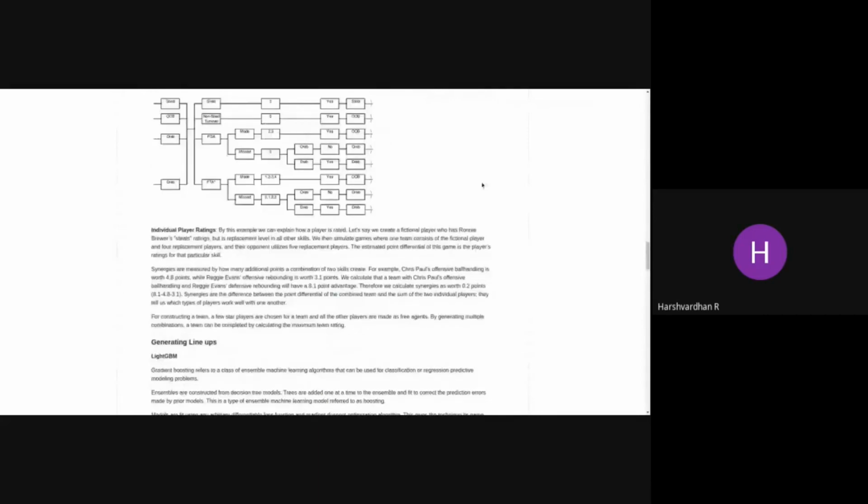So how are individual player ratings calculated? What we do is we choose a player and consider a skill. All the other skills are given replacement level stats, which is basically the stat of an average player. All his teammates are also given replacement level skills, and also the opponent, everyone in the opponent team. So by going through the flow of events, we find the score,